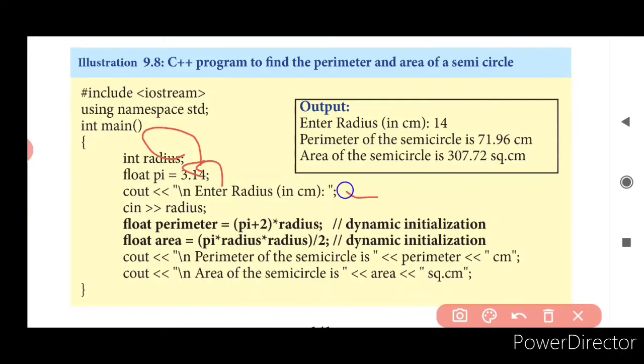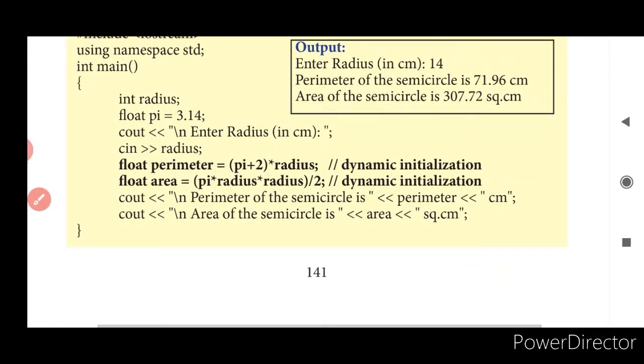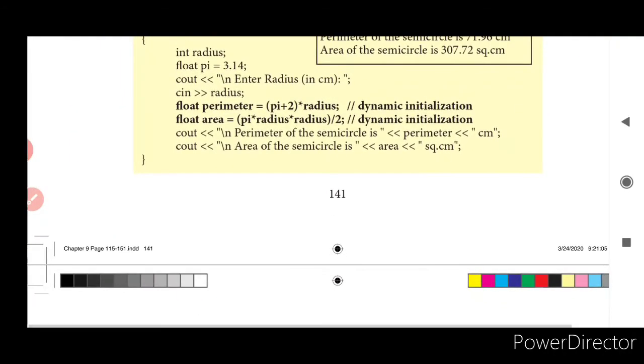Next, what am I doing? I am getting the value for my radius. We obtained it. Now what happens? This perimeter is not being declared along with the radius. We are declaring it here as float, and I am just doing 2 pi r, and directly storing it in the perimeter. Next, we are doing pi r square divided by 2, and directly storing it in area. If you see, this float is not declared in the second line, where it could be written as pi 3.14 comma perimeter comma area. It is not written that way. They are declared at runtime. And as usual, your output will be printed. This is how dynamic initialization is done.